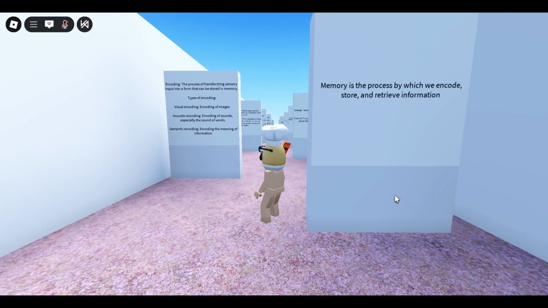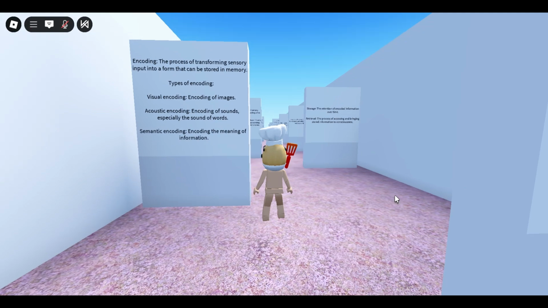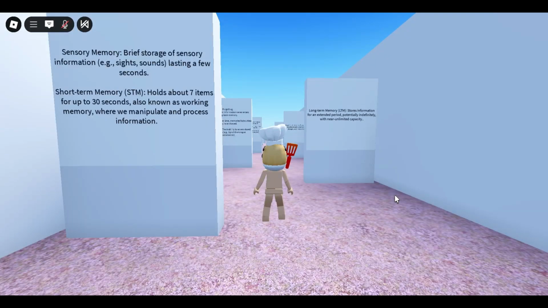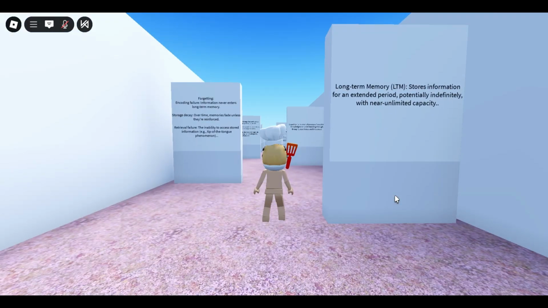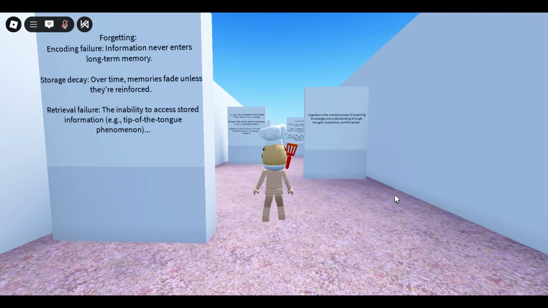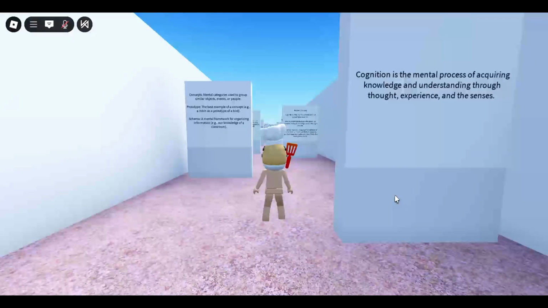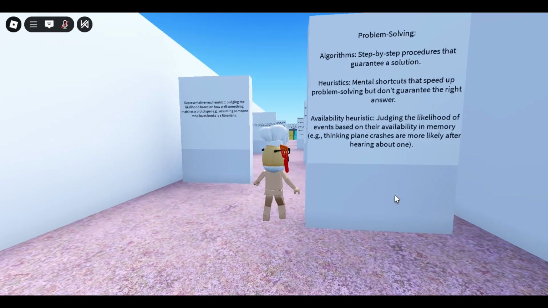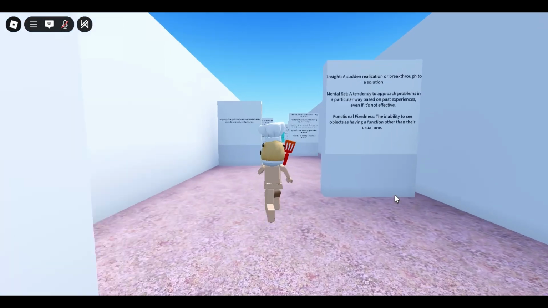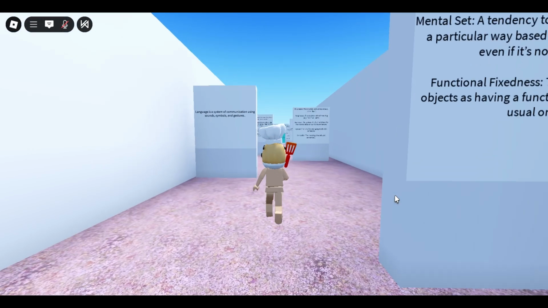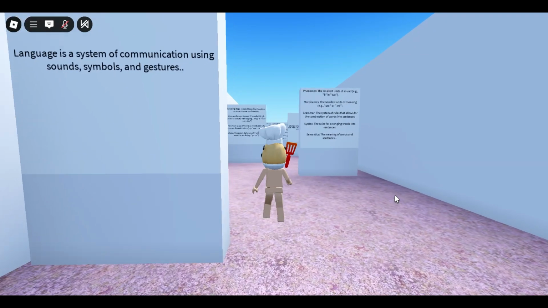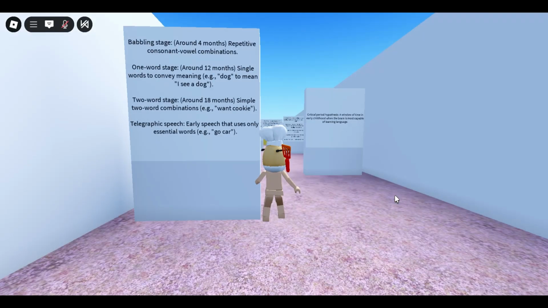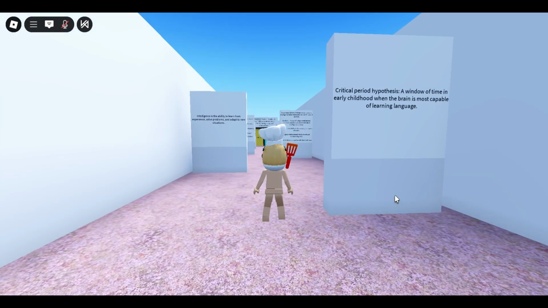And some useful study topics are memory, types of encoding, storage and retrieval, sensory memory, short-term memory, long-term memory, forgetting, storage decay, retrieval failure, what cognition is, concepts, prototypes, and schemas, problem solving, representative, heuristics, insight, mental set, and functional fixedness, what language is, phonemes, morphemes, grammar, syntax, semantics, the stages of speech, the critical period hypothesis,